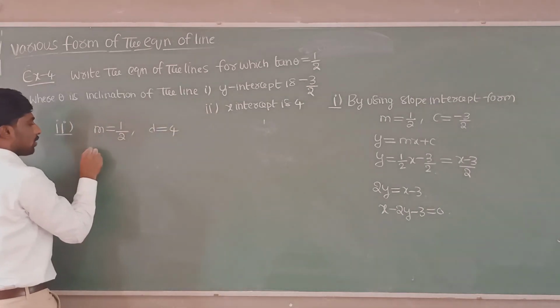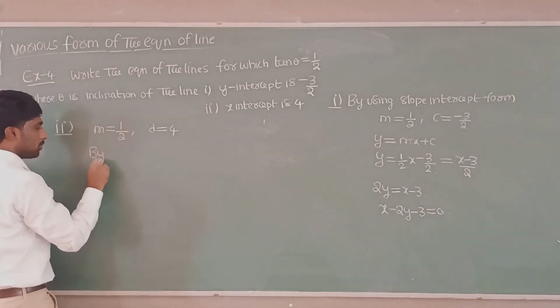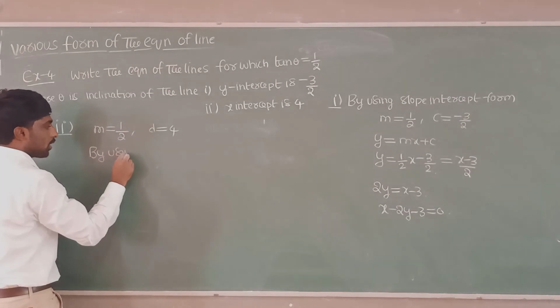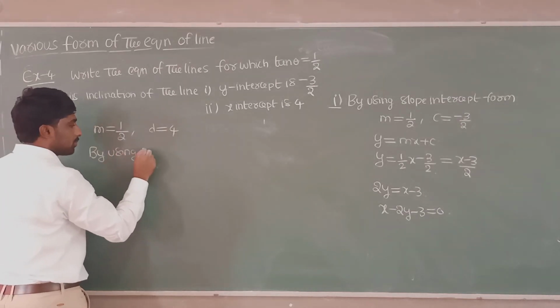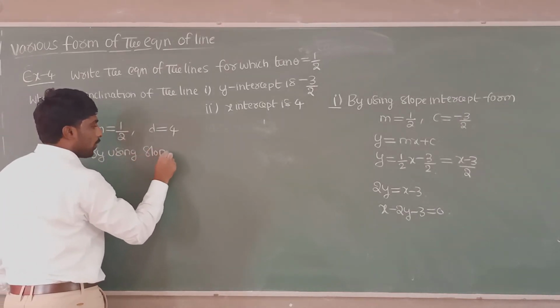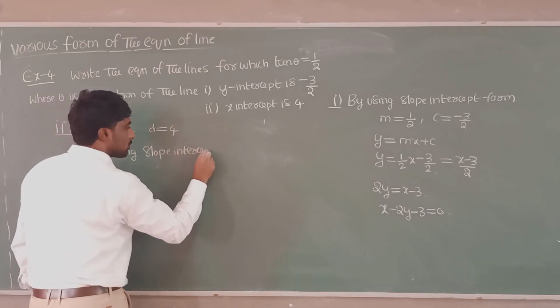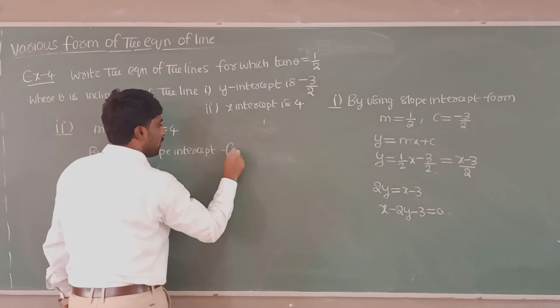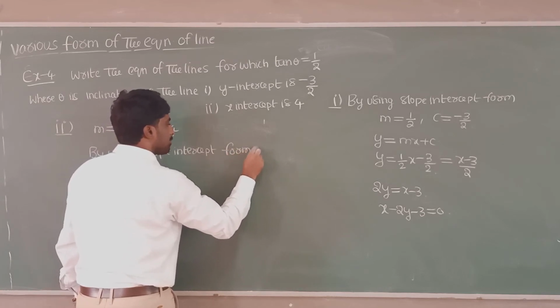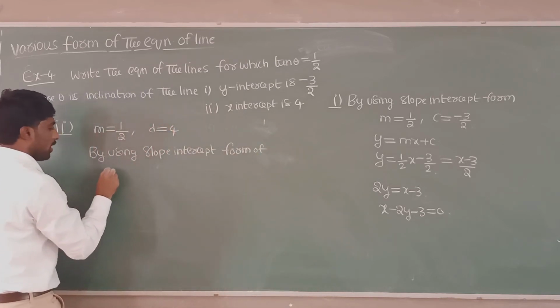So now by using the slope intercept form of a straight line, the line is